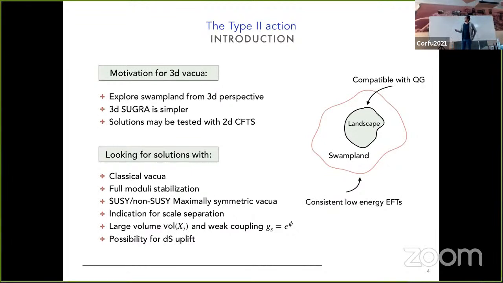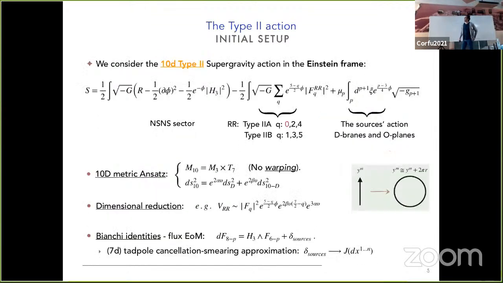So in these projects, we looked for classical vacua. We don't consider quantum effects. We look for full moduli stabilization, supersymmetric or non-supersymmetric, maximally symmetric vacua, and a hierarchy of scales if it's possible, like an indication for scale separation. We want our solutions to be in the regime of large volume and weak coupling, and then we check the possibility for the de Sitter uplift. So I will start with the general setup, which is the action of type II theories,